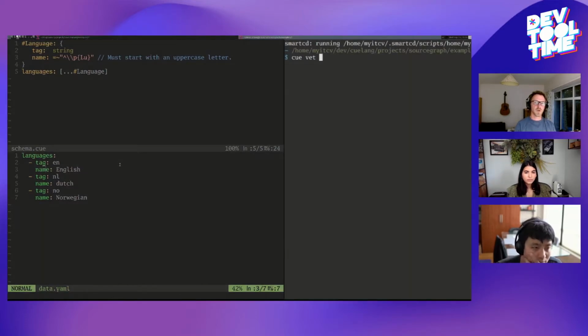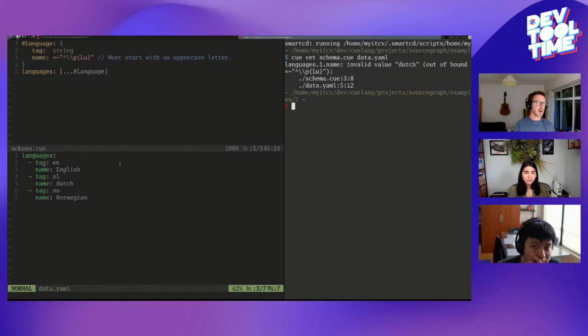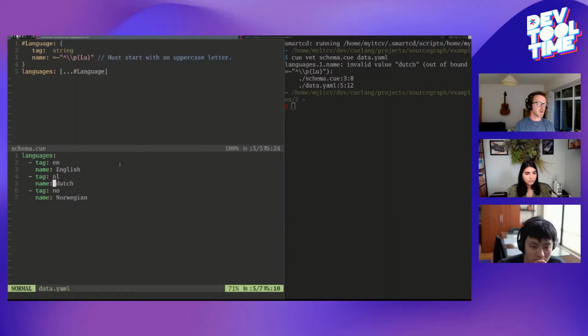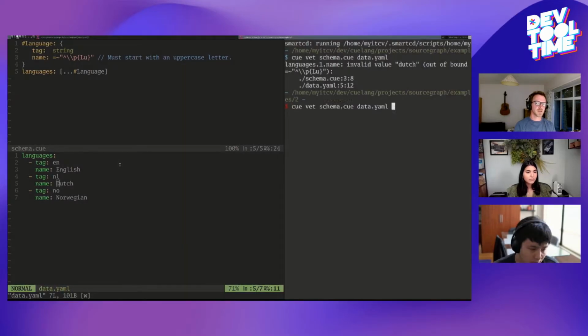So if we just do a qvet of schema.q here, and data.yaml as well, you can see now we are validating the YAML in this instance to ensure that it matches the schema, and it doesn't, because we have an incorrect name here that does not start with an uppercase letter. Let's fix that. So this is a fairly trivial example of using Q from a validation perspective,